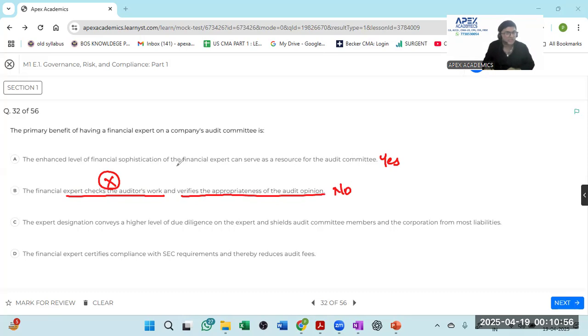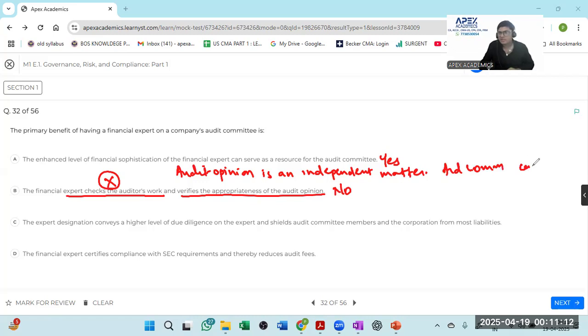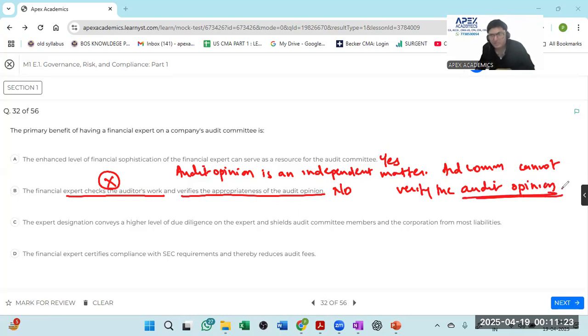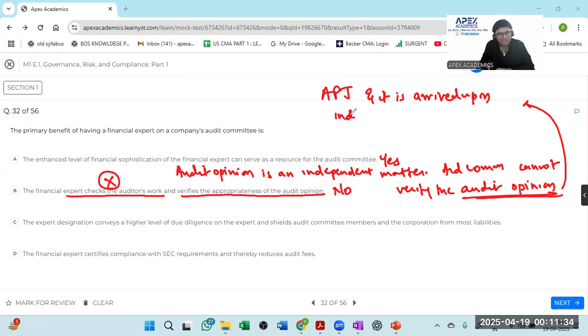Checks the auditor's work. No. Verifies the appropriateness. My dear friends, audit opinion is an independent matter. Audit committee cannot verify the audit opinion. Please understand, the audit opinion is a matter of auditor's professional judgment and it is arrived upon independently